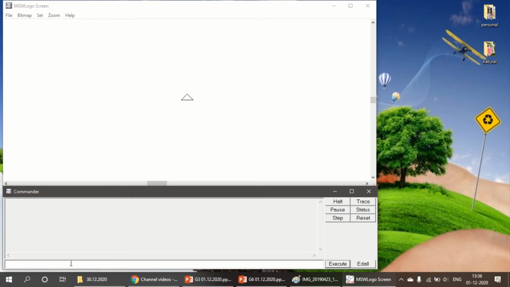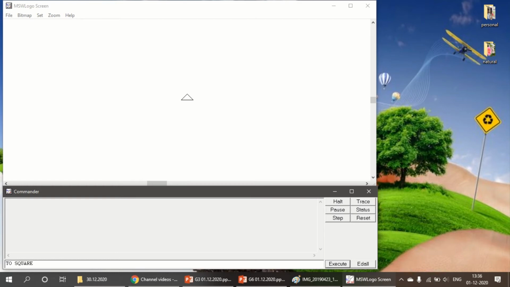First we will see how to write a procedure using the input box. Click the input box here. I have clicked now, and the cursor appears here. Now first we have to define the procedure. We are going to draw a square. For defining, first you have to type which command? The TO command, then a space, followed by the name of the procedure. I want to draw a square, so I will give square.